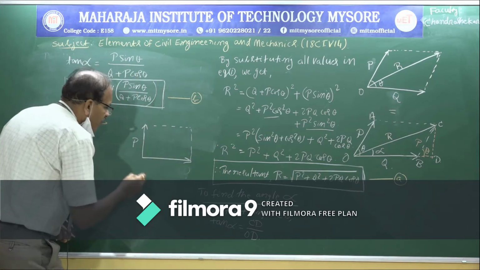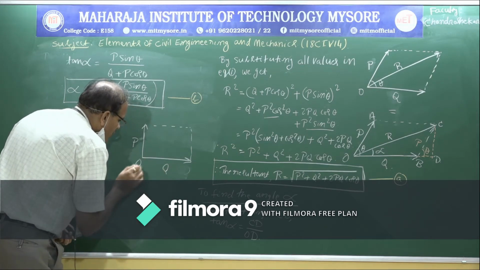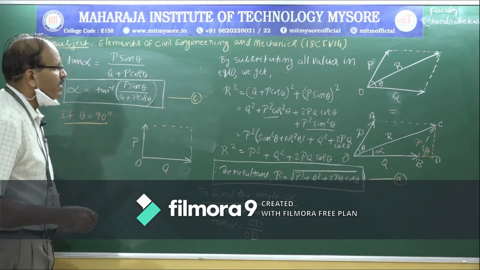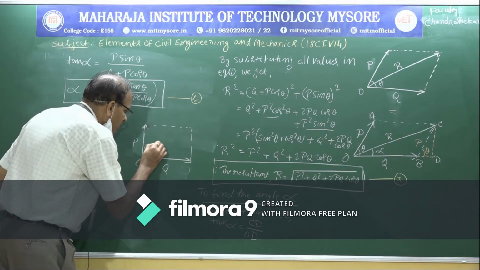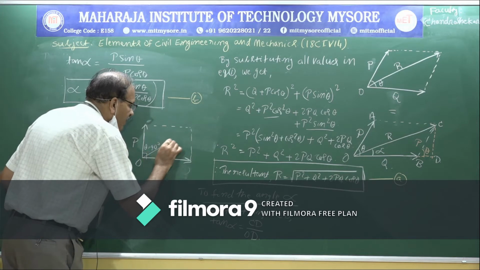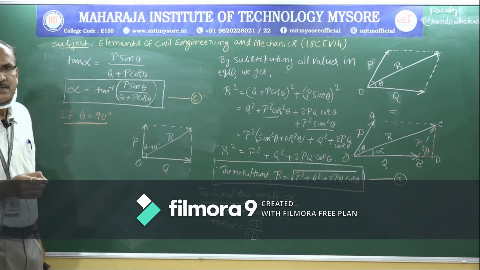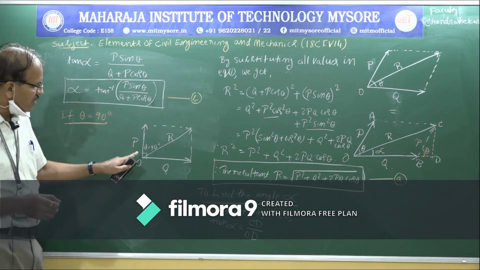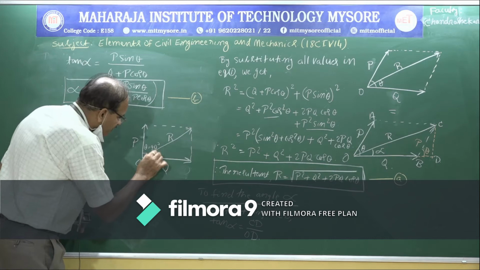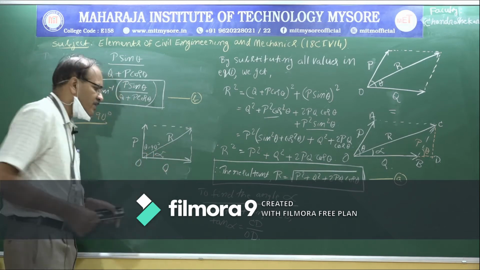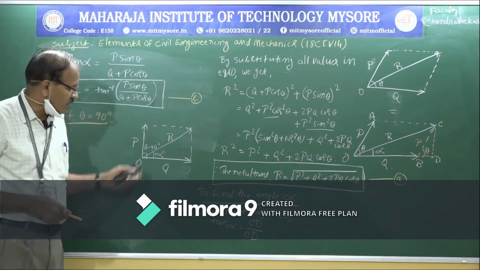So P is the force and Q is the force and O is the angular point. So this is theta equal to 90 degree, and this diagonal represents the resultant of these two forces both in magnitude and direction. So if this is alpha, that is the angle made by the resultant with respect to this